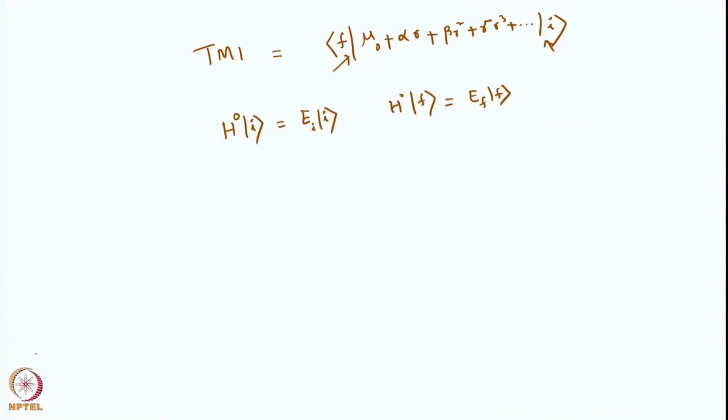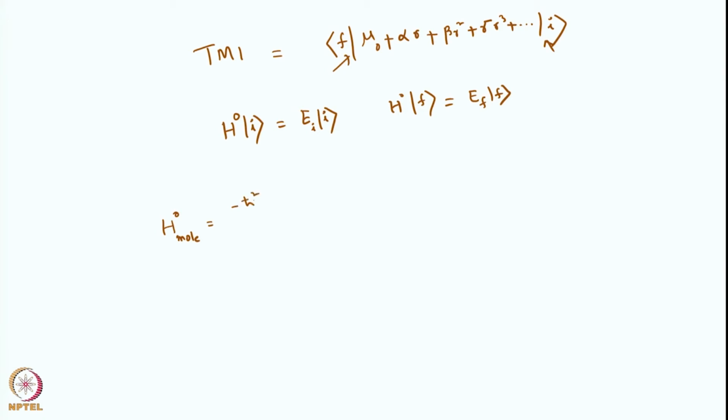In this course, up till now, we have never bothered about what H naught is. H naught we just assume is some Hamiltonian for which we know the solutions, and once we know the solutions we can evaluate the transition moment integral, and that transition moment integral can be related to various experimentally measurable quantities. But right now we have not even thought about what the H naught could be. Now, if you write the entire molecular Hamiltonian, which I am going to write, so H molecule is nothing but